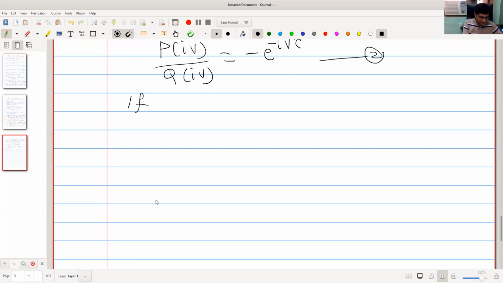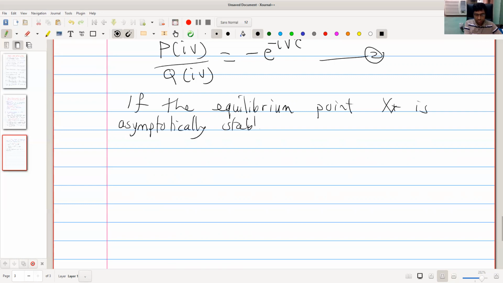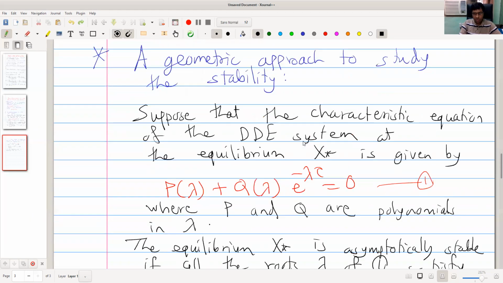If the equilibrium point x star is asymptotically stable with tau equal to 0. If we put tau equal to 0, then it is very simple to check whether the equilibrium point is asymptotically stable or not. Okay, if tau becomes 0, then this equation